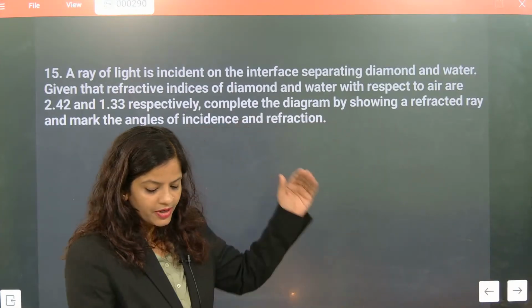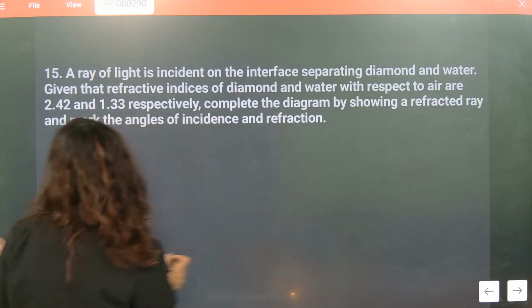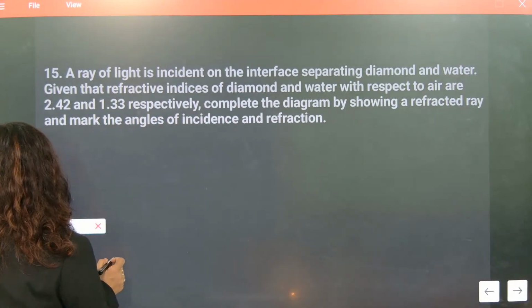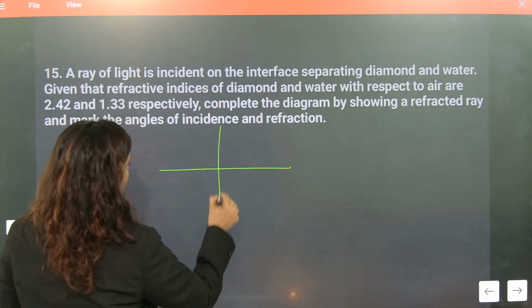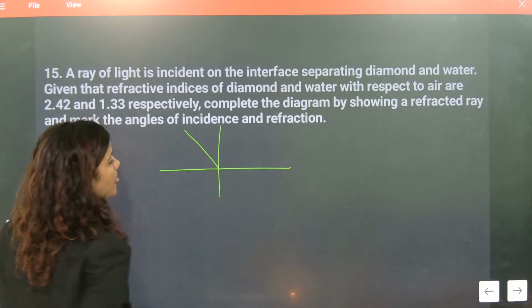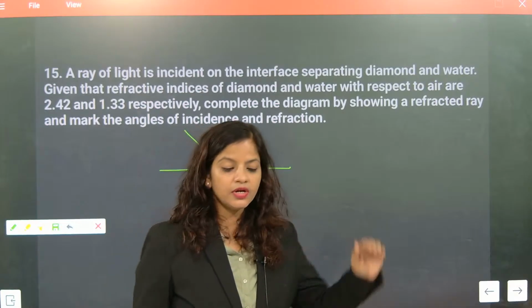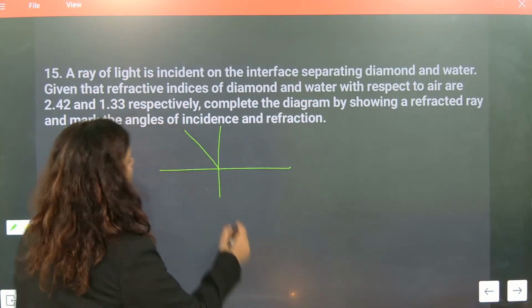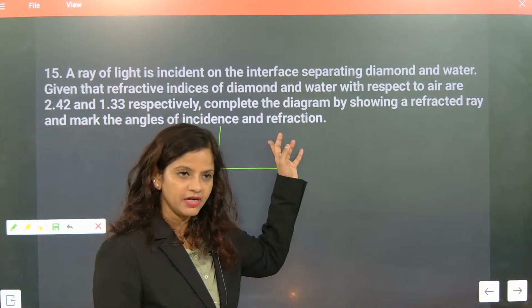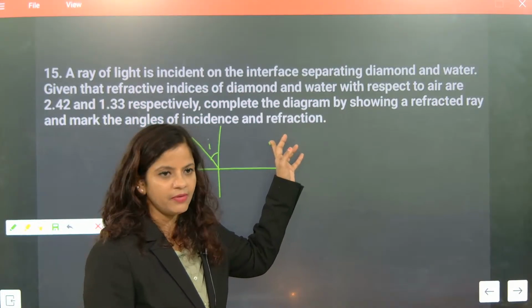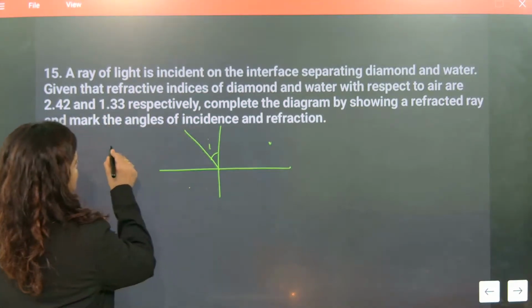So when it is going from diamond to water, just check this one out. Is it a very tough question? So this is the normal. This is going inside diamond. Once it goes inside diamond, it will make the angle of incidence. So this medium is diamond. Understood? Now if this is diamond,